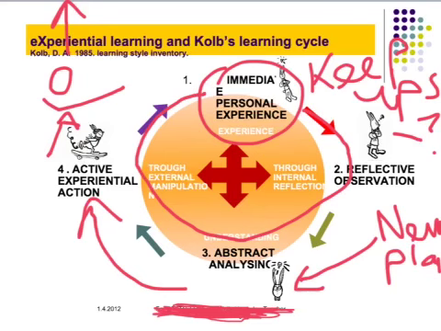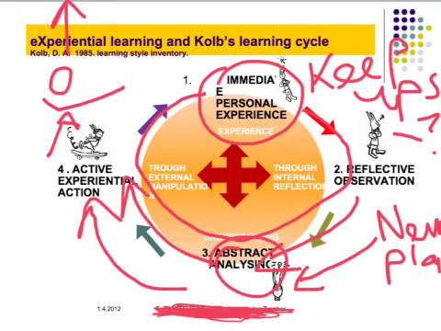Now people could enter this cycle at different points. For example, you might begin by reflecting on what you've seen before, or maybe what you've seen on TV. You may be able to ask students, when you watched Orlando Magic play basketball, how did you feel when they did their layups? What were the main key coaching points that they were performing when they performed their layups? I want you to come up with a plan about how you could do that in your game. So they're coming up with their plan, they're going to try it there, and so they've entered the cycle at the second stage, come up with a new plan,